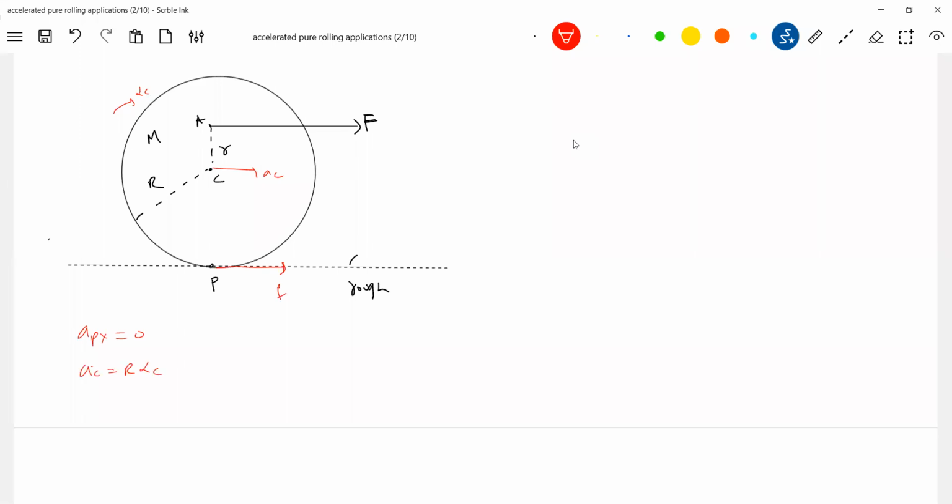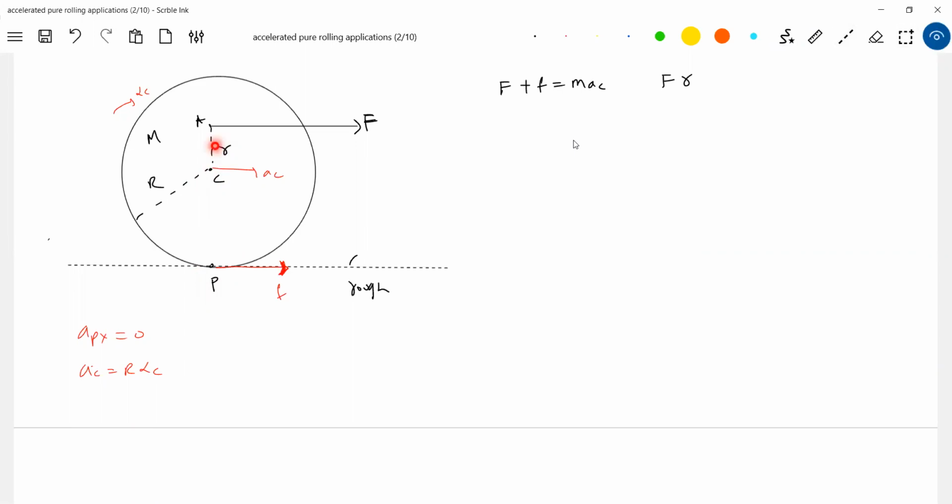Let's write the equations. F plus f equal to M AC, since there is translatory motion of center of mass. Then the torque equation: F into r, this will be clockwise torque. Torque by friction, this is friction like this and this is capital R. So how is the torque? Torque will be anti-clockwise. I think by this time I told you what all you learned earlier about torque that is going to help you here now.